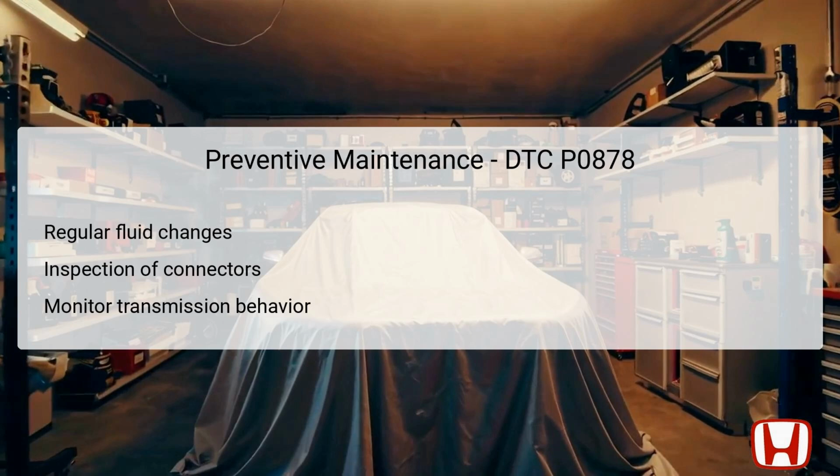Technicians should also be vigilant in monitoring transmission behavior during routine maintenance, addressing any anomalies. Establishing a routine inspection schedule enables early detection of potential failures before they escalate. By implementing these preventive measures, vehicle owners can significantly increase the longevity and performance of their transmission systems, mitigating the likelihood of encountering issues like DTC